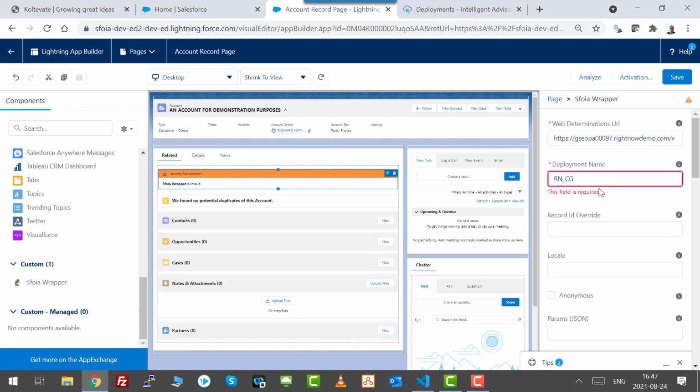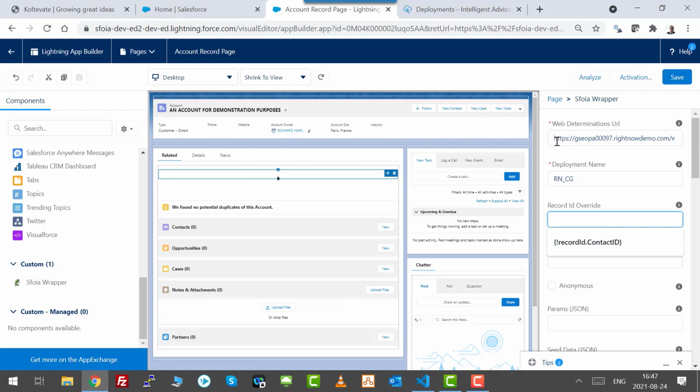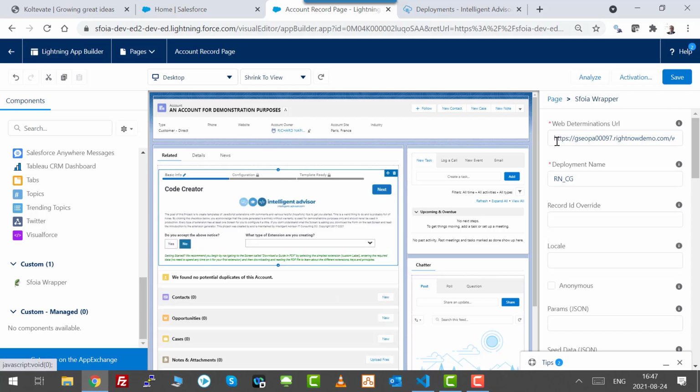Enter the URL and an example deployment name, and just watch and wait to make sure that the interview has displayed. So this is proof, if you will, that all the bits and pieces seem to be hanging together. I can now easily add interviews to my Salesforce pages in my app, and I will see you in the next video